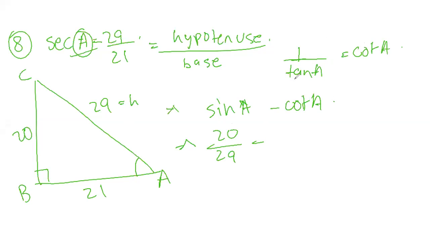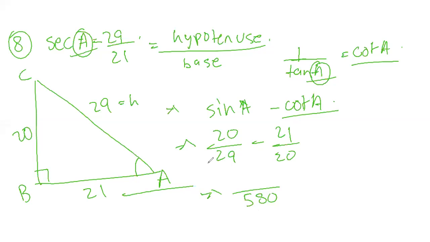So first we'll find out tan A. In tan A, the alphabet A should be to the ground, and with respect to angle A, tell us tan A. Now tan A is perpendicular upon base. So 20 upon 21. And if it is 20 upon 21, so cot A signifies the reciprocal of the value for tan A. So it will be 21 upon 20. And accordingly, if we solve the question, we will get our calculation as follows.